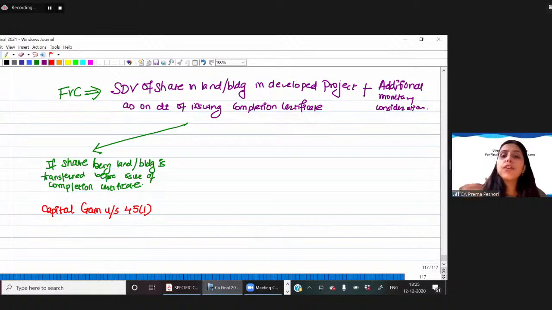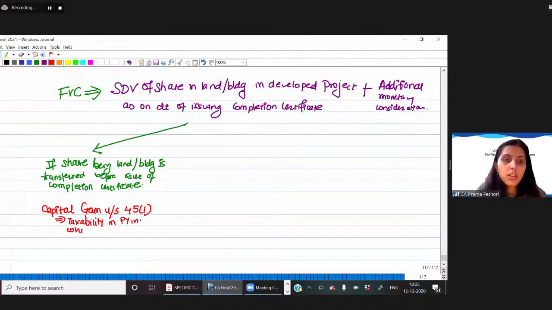Then you will not have 45(5). 45(5) will come into picture only when you hold on to that particular building till the time the completion certificate is issued. But if before issuing the completion certificate, you transfer your land, if you transfer your building, then in that case, the taxability will happen under normal provision only. Then you will not get the benefit of 45(5). Are you clear? So in that particular case, the taxability will be in the previous year